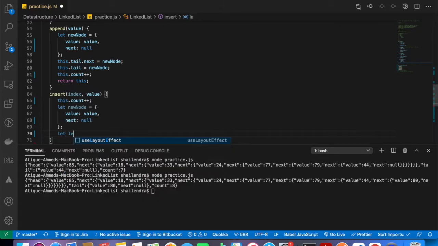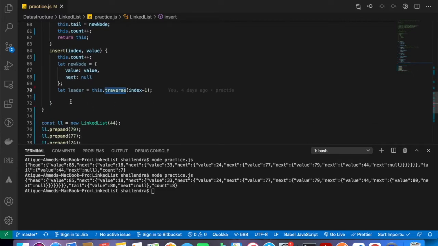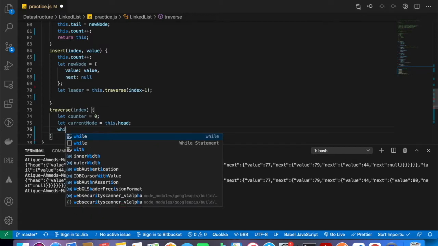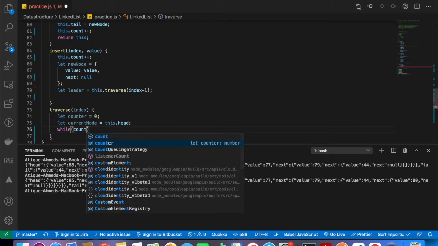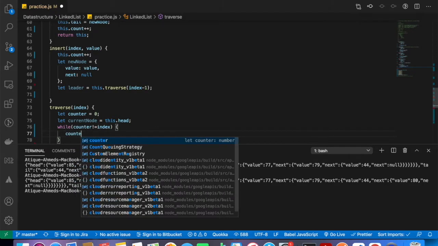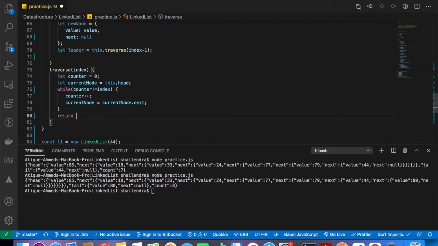Then I say let leader node be this.traverse of index minus 1. I also need to create this traverse method. I say let counter is equal to 0 and let current node be this.head. While counter is not equal to index, counter++ and current node is equal to current node.next, and you return the current node.